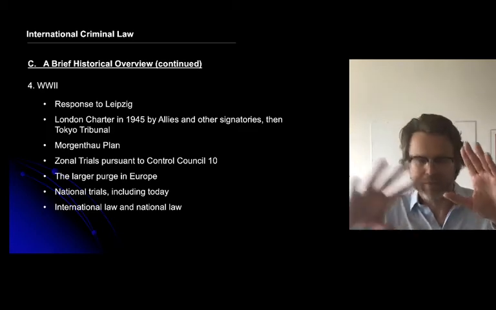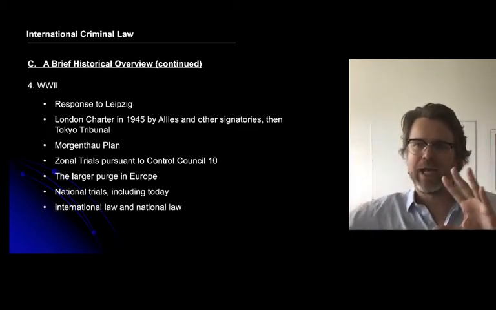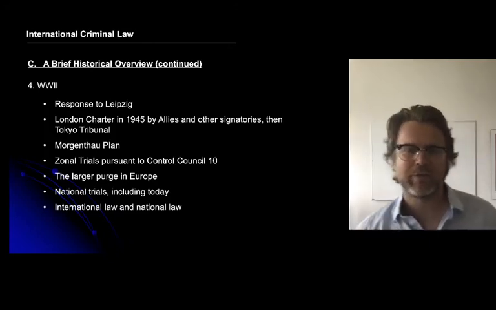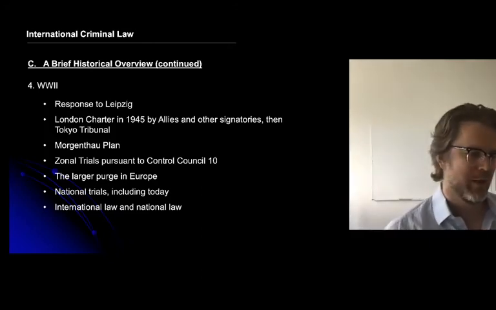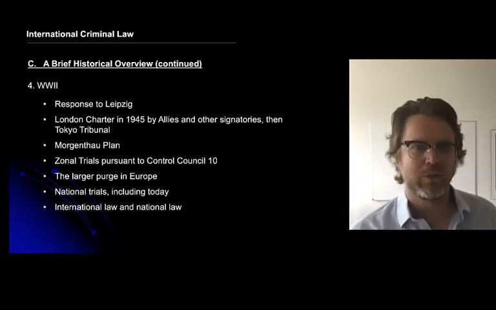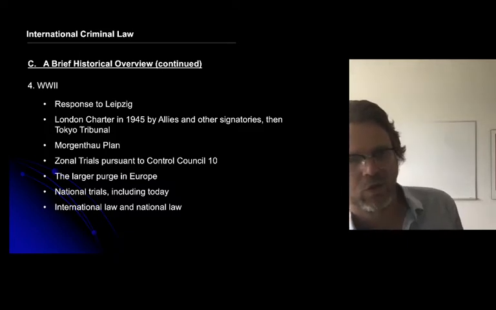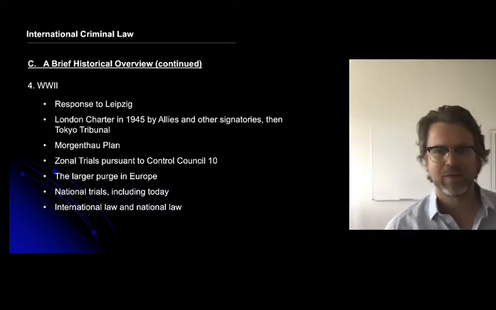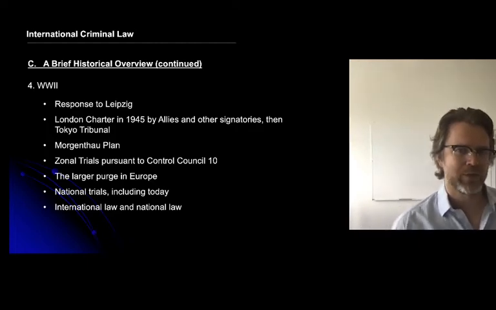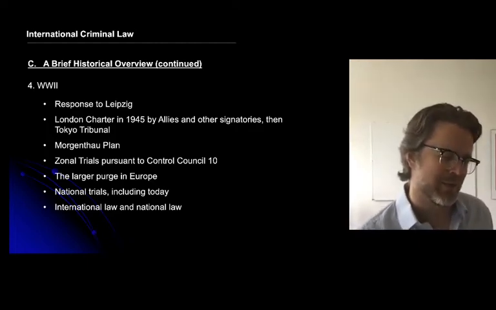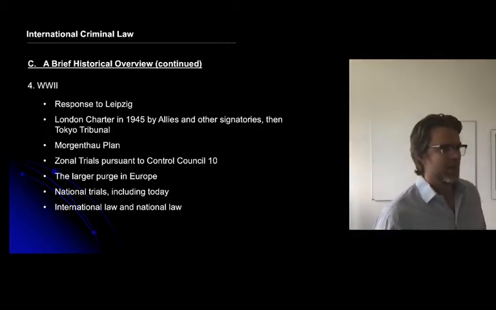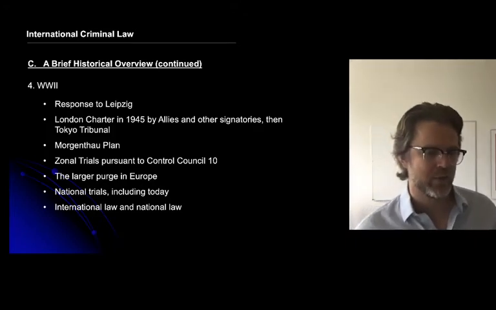So some stories to say that often there are these sort of reactions and overcorrections, and that in a way we still haven't reached a point of optimal balance between some of them. World War II follows that trajectory. It's a strong and deliberate reaction to the failures of Leipzig. And from the very beginning, what's quite interesting, the Second World War is so interesting. What's interesting is that at a certain juncture,